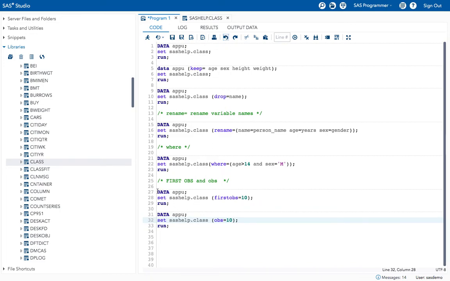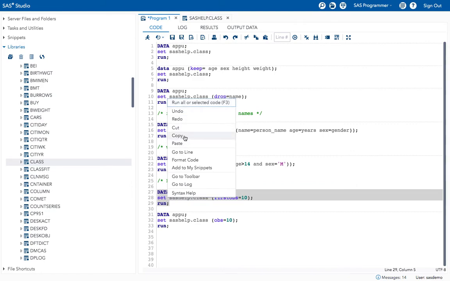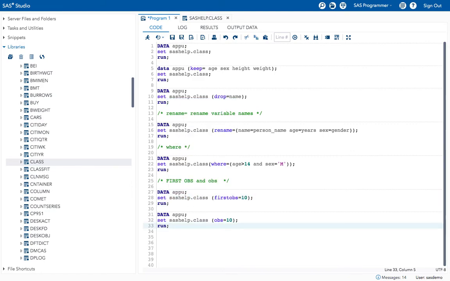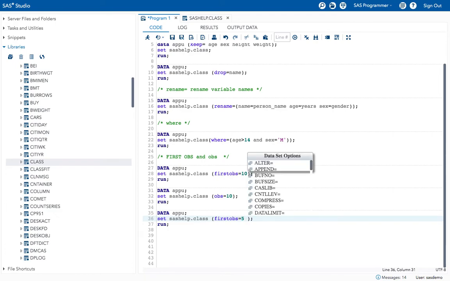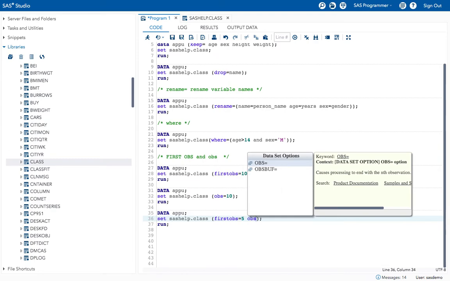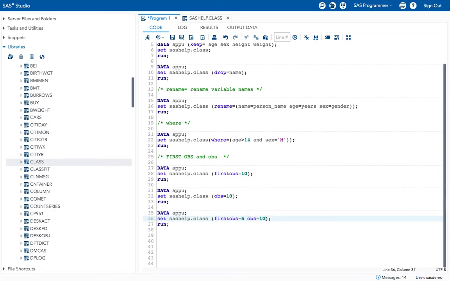Okay, for suppose I'm taking the same thing. So now what I will do is, I want FIRSTOBS to be the 5th one, and I want OBS equal to 10. Now what happens?